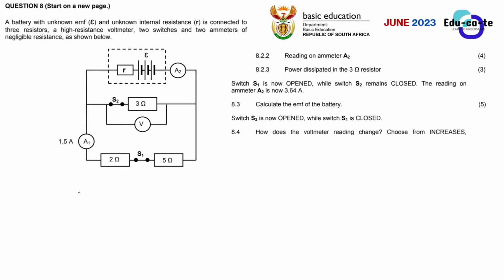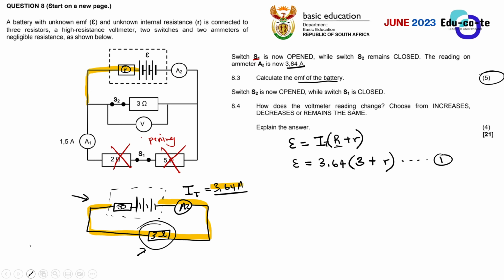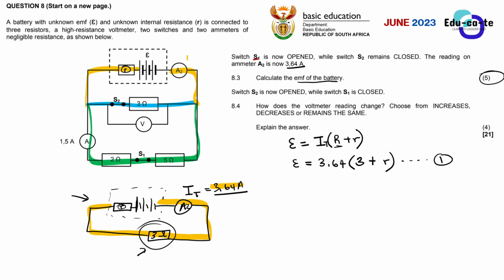If we open a new page here, you can see that if we pretend that we go back to the past and say that switch S1 was closed, it simply meant that the current was splitting. I'm just repeating this for the last time. When switch S1 was closed, the current split, and some of it went there, and some of it, the green one, went here, and then it combined again. When it combined, it formed the total current, and we measured it and found that it was 5 amperes. That was what we measured.